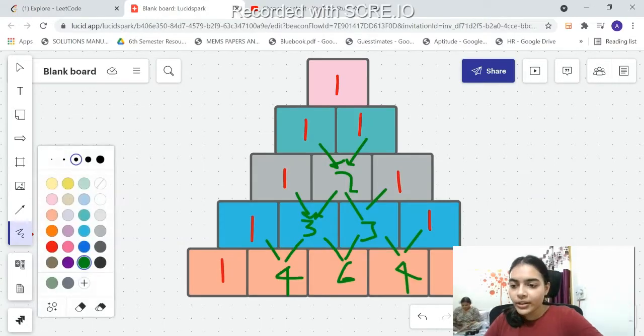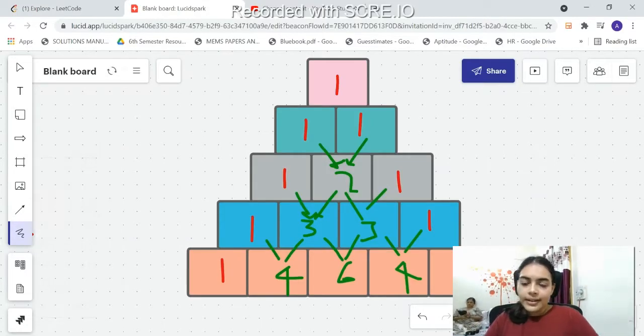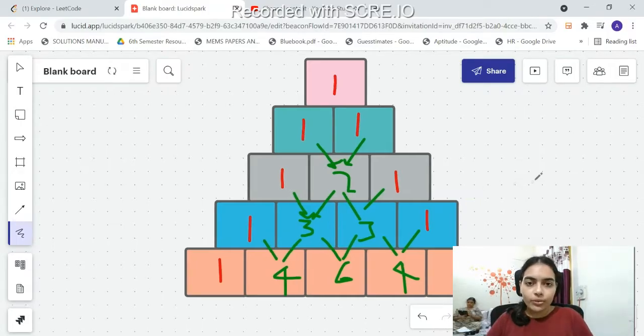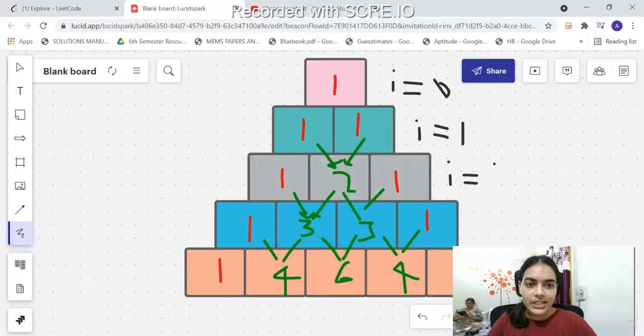But how do we actually code it? It is actually just simple two for loops to code it. One variable, for example i equal to 0, will keep changing. i represents the number of rows as we keep increasing, so i is ranging from 0, 1, 2, 3 up to 4 for this particular value.